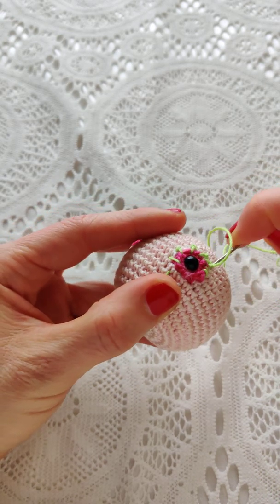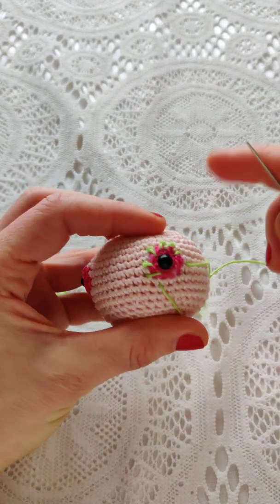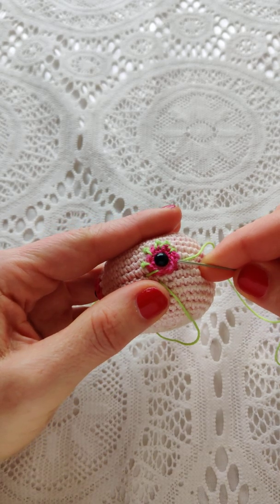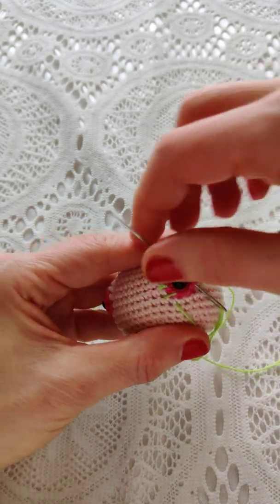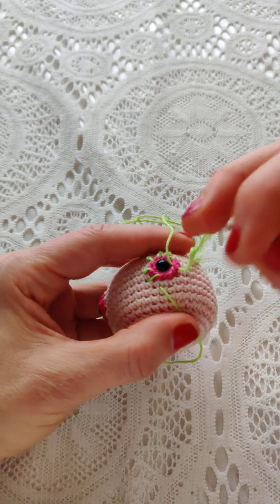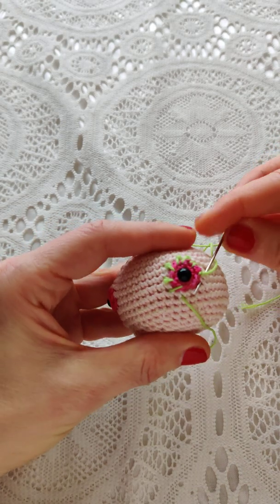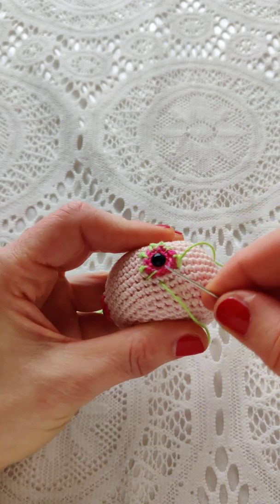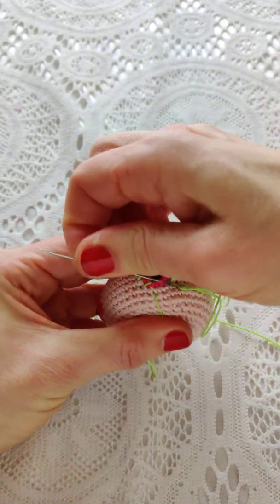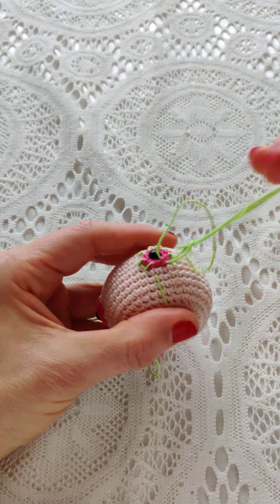Another way to do it would be something I'm showing now. You go under 2 loops and you do the French knot over here, back in, again take these 2 loops and a French knot,